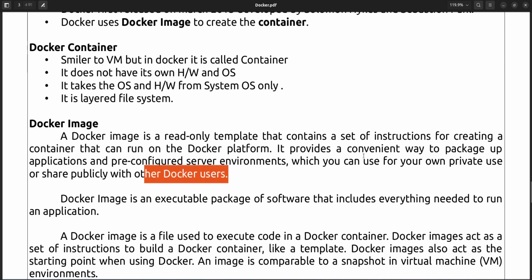Once you have created one image, the same image you can share with other people or other users, or you can say other team members, so that others will not do the same configuration. They just get that image and they will create the container. Simple. And from the container they can create a Dockerfile. That is different. Okay, so that is called a Docker image, and a Docker image can be published on